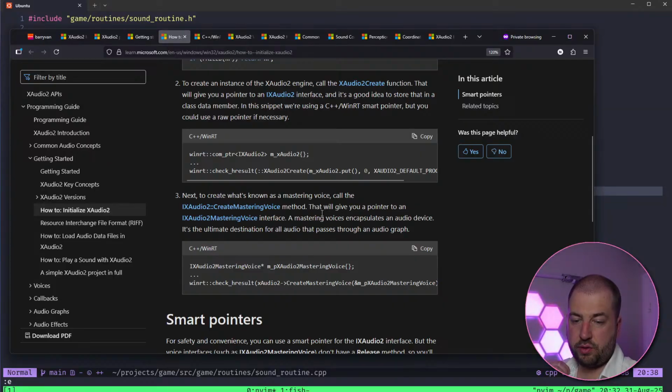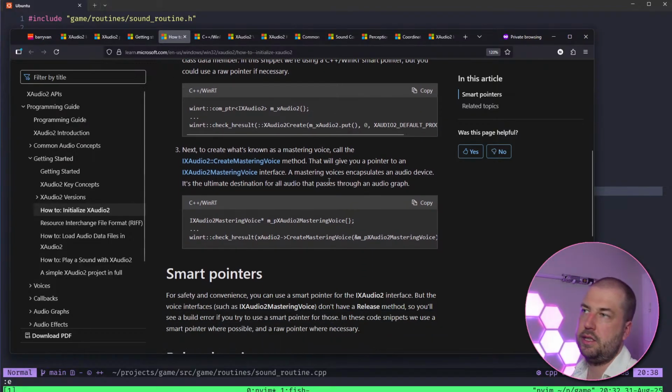Are you implementing some sort of XAudio interface or are you hard coding the API calls? I will wrap it. I am a big fan of abstraction. We'll abstract the crap out of this.